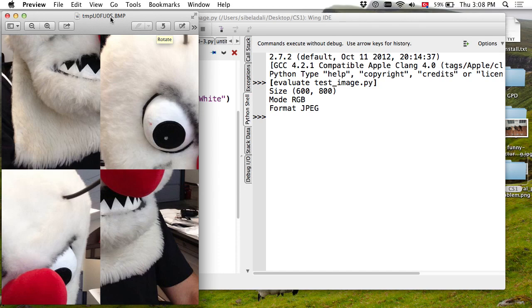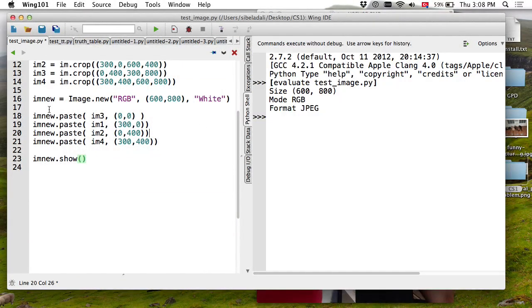So the challenge of what we are doing here is that whenever you are pasting an image, you are changing this variable, and I'm not assigning the value returned to something else because this function actually changes that value. So you don't have an equality. So if you were to write something like this,